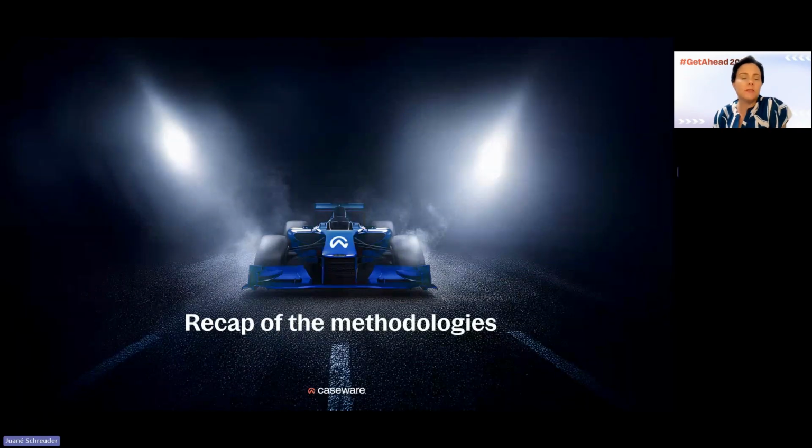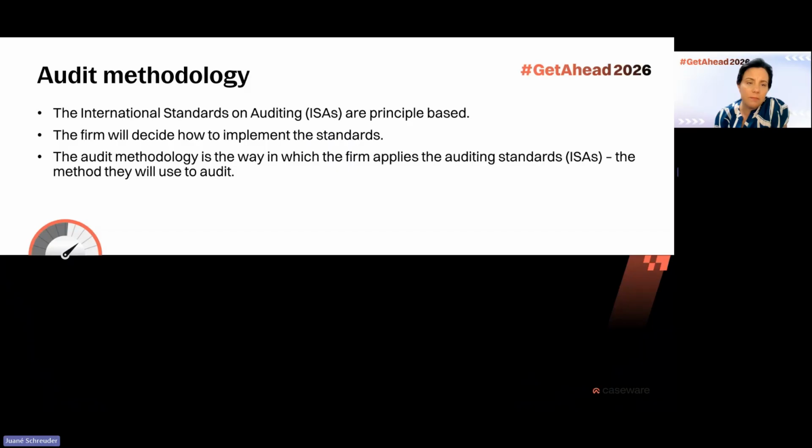And then just in terms of the methodologies, the recap there, first of all, we are all auditing to the same auditing standards. So we are using the International Standards on Auditing. It doesn't matter if you are in South Africa or in another country in Africa or somewhere else. If you are maybe from a country that has their own auditing standards, I can almost bet you that your country started the standards using the international standards, and they maybe added a few additional requirements or changed some of the requirements. But the basis is your auditing standards. And then the firm decides how to implement those auditing standards. And that then becomes your audit methodology.